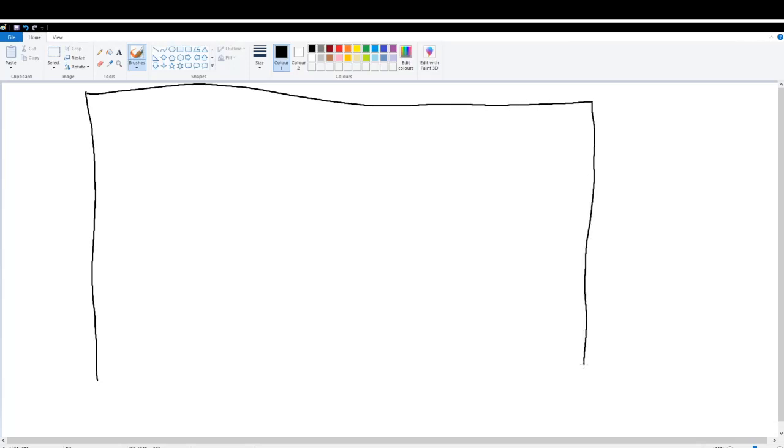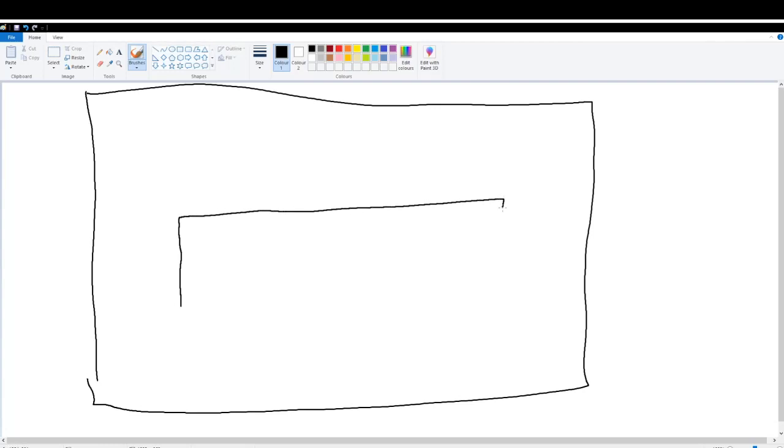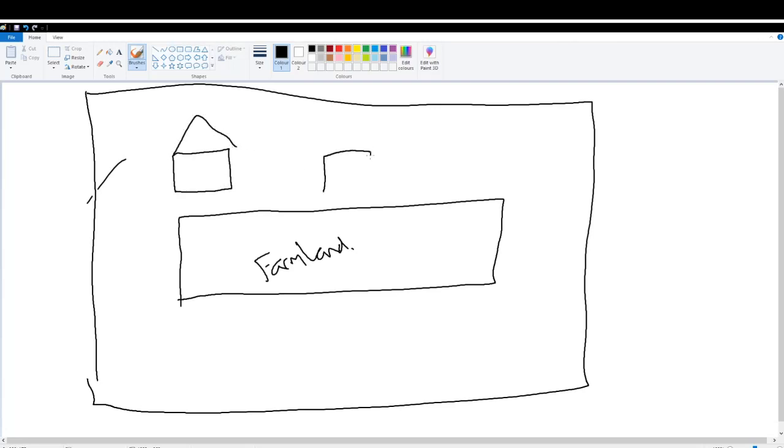So we're going to have it like that, but instead of having a huge farmland in the middle, we are going to have a little farmland, but this time we're going to have more houses that the player can interact with. So house, sorry about that, the spelling. So this will now mean that the player has more things to interact with within the house, within the farmland,